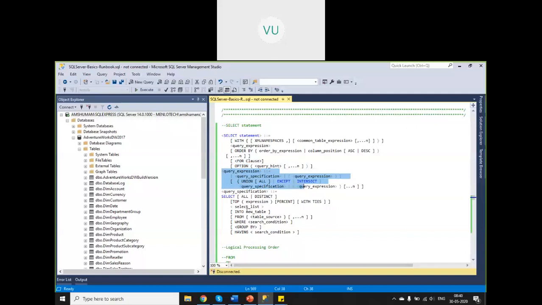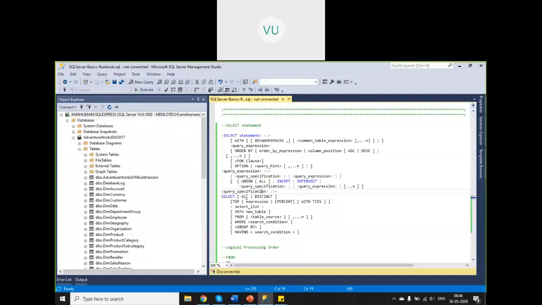From which table, and what are the different columns that you are trying to extract? That comes under your query expression, right? Under the query expression, you have to pass your query specification, and the query specification can be one of these. So, select all.